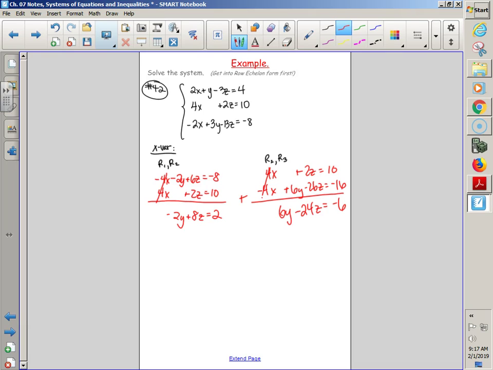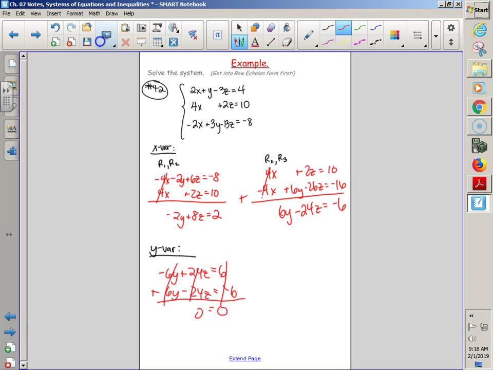Now what are we supposed to do? What's our system say to go for next? Our plan of attack: we got rid of the x. Go team. Now what? Get to the z by getting rid of the y. Got it. I'm allowing you to be creative, and hopefully in being creative, you're just going to multiply everything by 3, but maybe if you had a different result, you might multiply by something different. But negative 6y plus 24z equals 6. Then I have 6y minus 24z equals, what